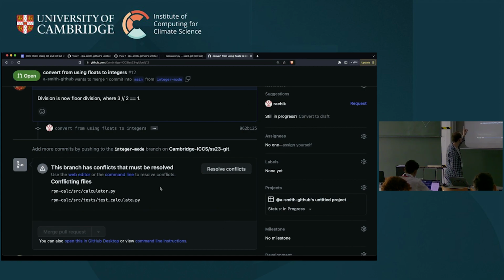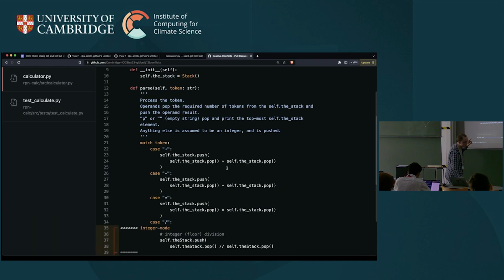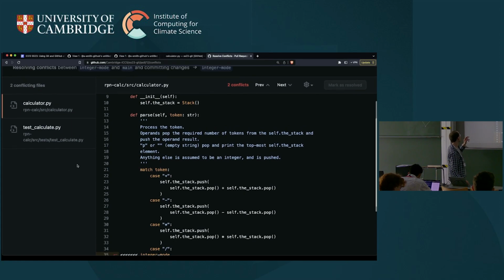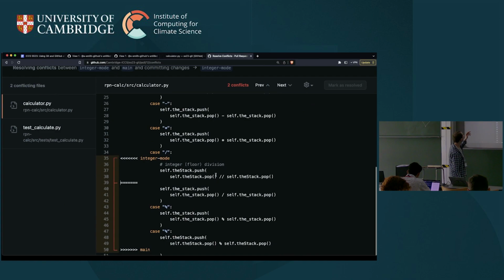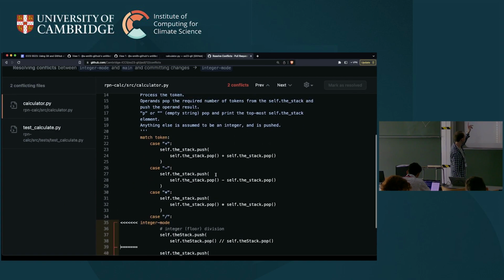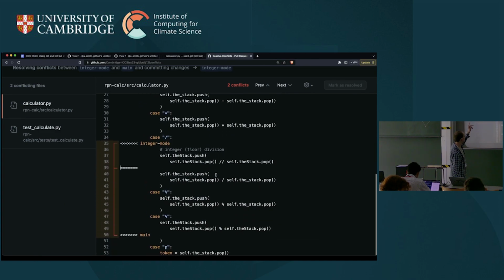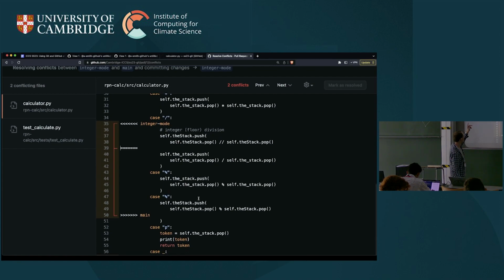Conflicts that must be resolved. There are two files conflicting. Those are both the files that will change. I'm going to press resolve conflicts, and we get thrown into an editor. Okay. So, starting off with calculator.py, I think we made like 2 or 3 changes here. Right, I'm scrolling down, and this whole bit from line 35 to 50 is the chunk, or actually I think the hunk, formally, the hunk